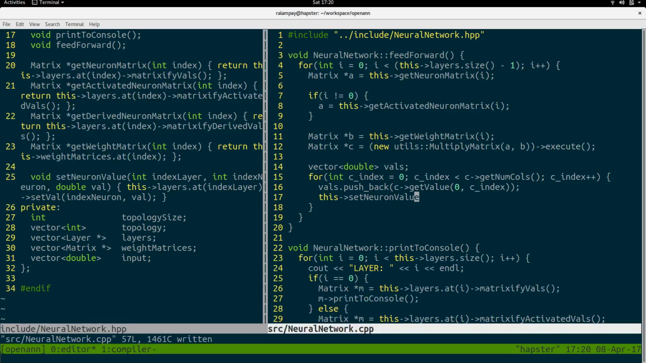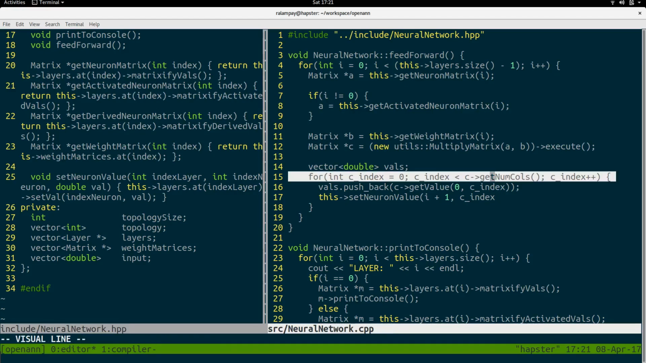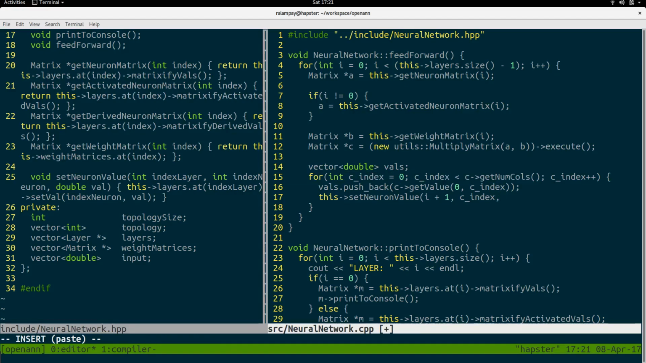Okay, so this set neuron value at index I+1, right? Because I want to set the value in the next layer throughout this iteration, set value I plus 1, the index neuron will be the column index. Right, column index for this particular loop as the value of the C result. So get value 0 C index. Okay. So this way I won't need this vector of vals,